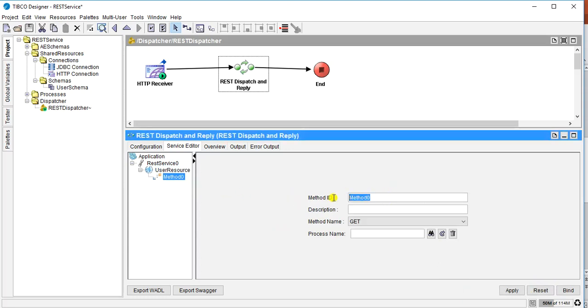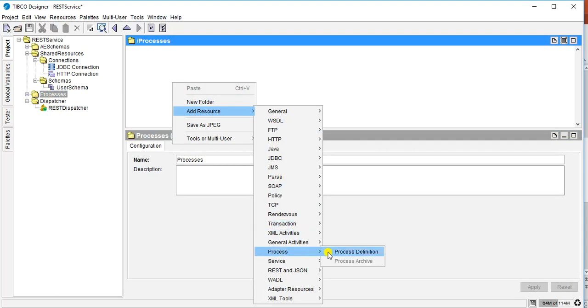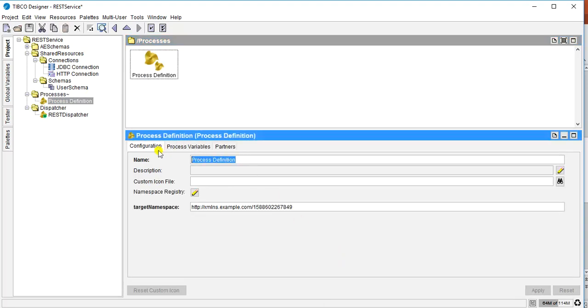The first one that we add, let's name the ID of this method, we can write it as user. And since add user will be a post type of verb, we will choose post for method. And here in the process name, we will have to select a process which has the actual implementation of this operation, and then we will have to bind it, but we did not create it yet. So let's go into the processes folder and create a new process. This process, we will name it as add user implementation,